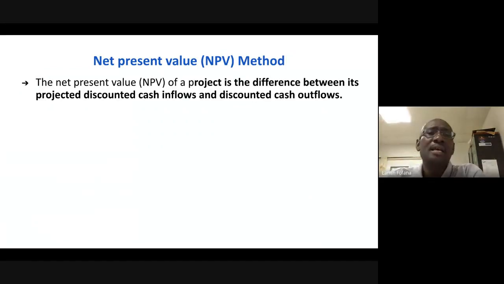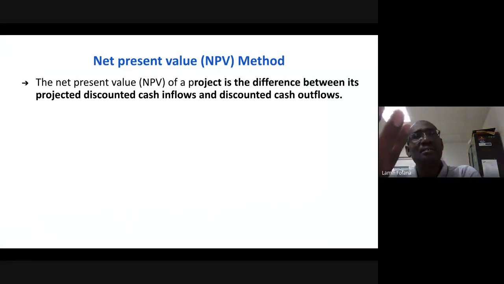So that means it measures the cash profitability of our investment in today's value. If you undergo an investment, you don't expect your investment to mature today. If you invest 100,000, you expect to get returns in the future. So the net present value method assesses the present value of all the outflows, because